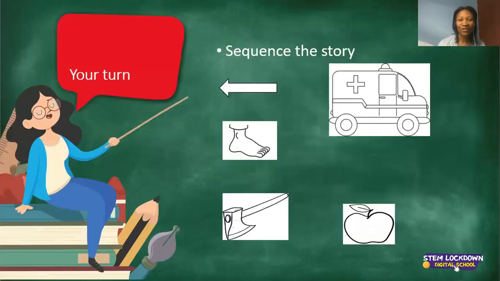So now what I would like you to do is sequence the story all by yourself by drawing these pictures from the first to the last. There are 5 pictures, so draw them just like we did in the previous slide on your page, and maybe you can just make a cross or a red light to show the ambulance. Otherwise, you are going to take long to draw that ambulance. So your time starts now. I would like you to send this to us so that we can see how you've done this.